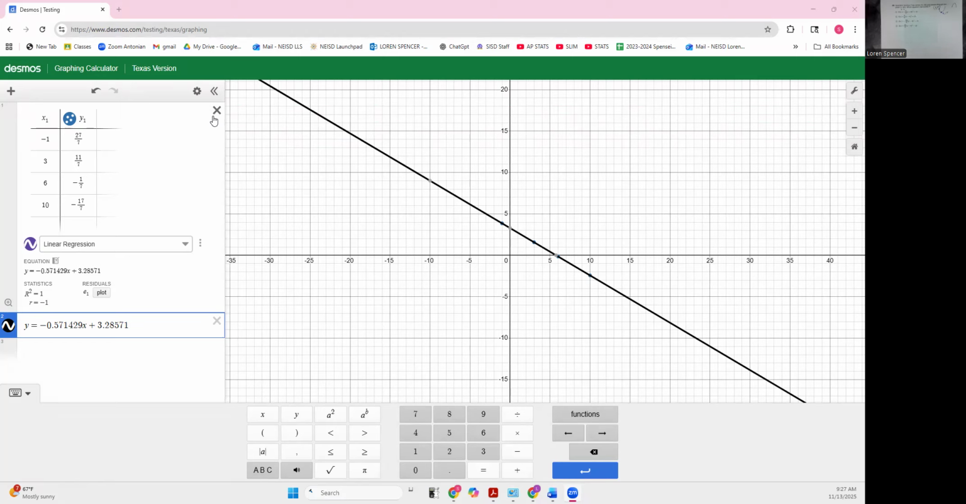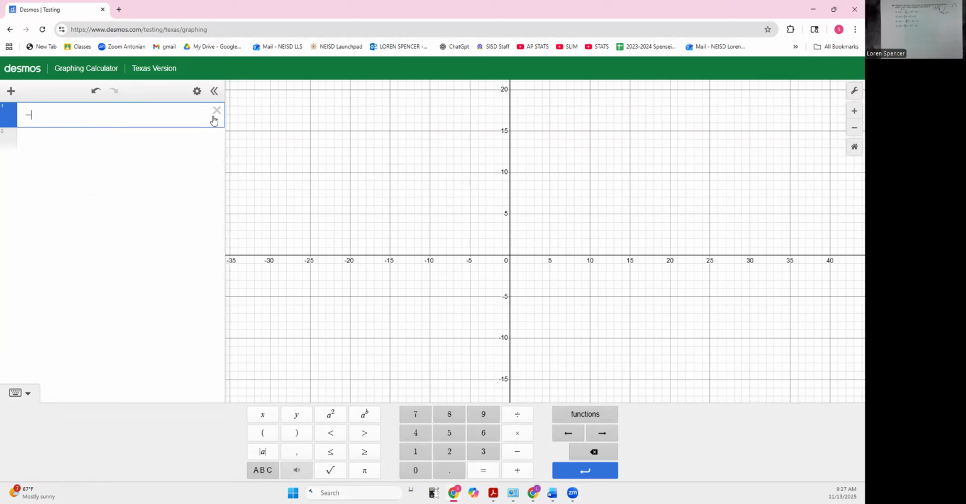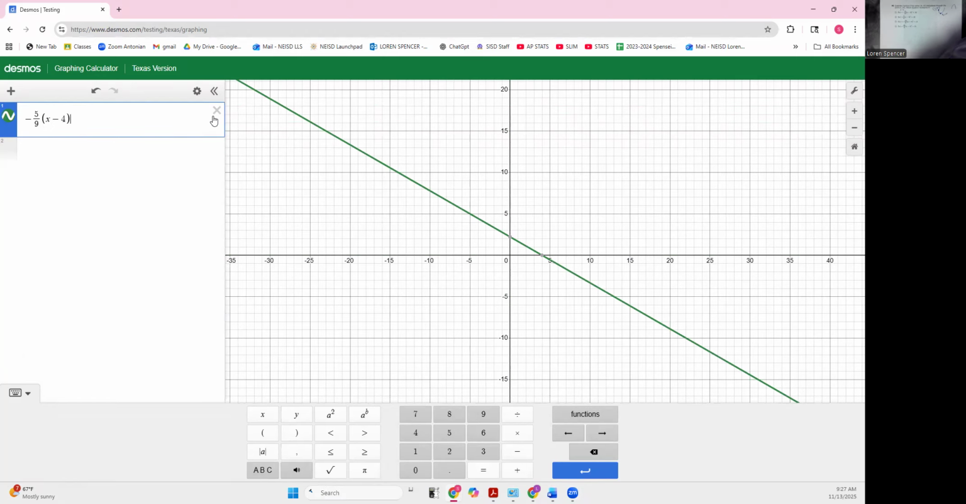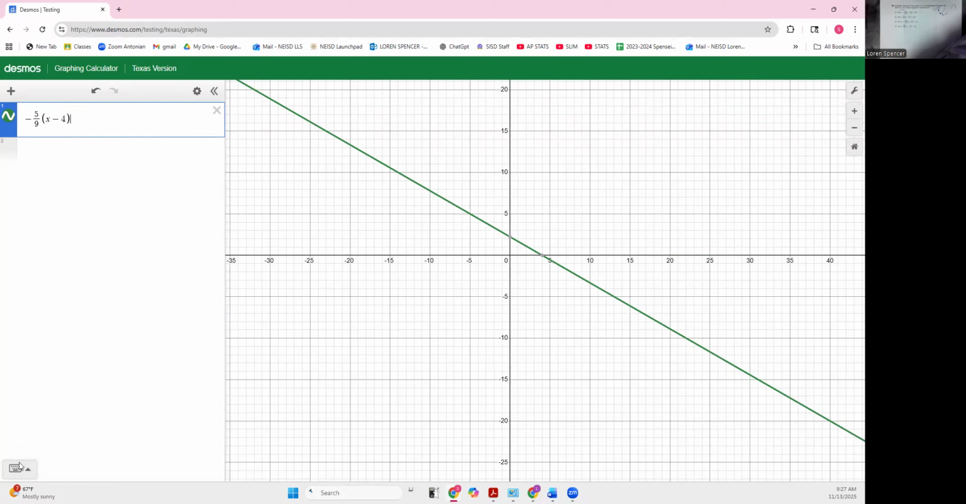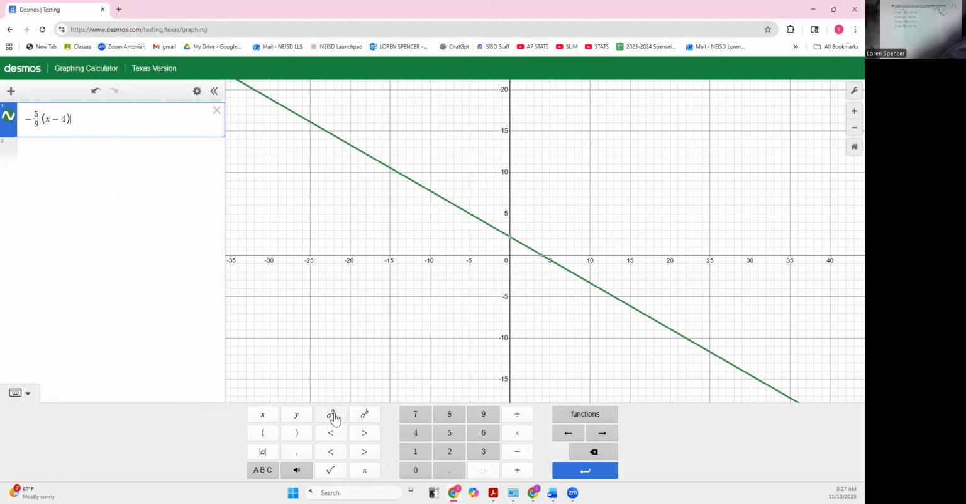And let's get this out of there. And we're going to plot in -5/9 (x - 4), and we're going to square it